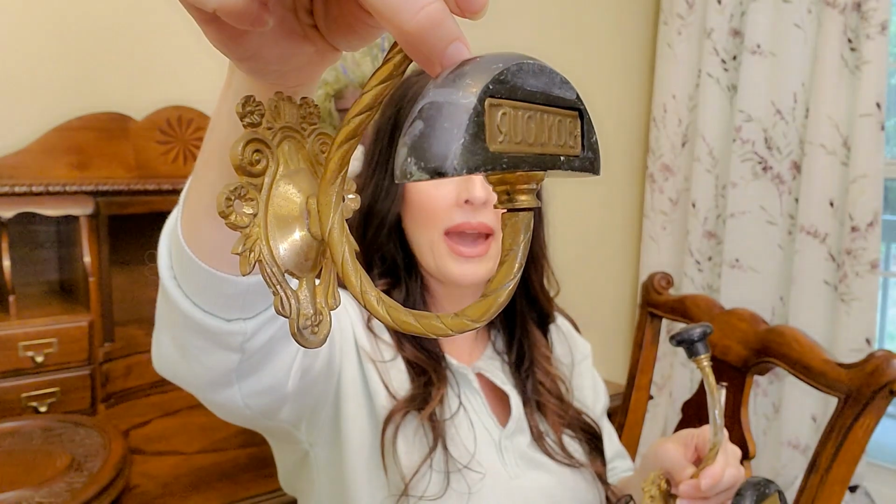And look how pretty the back plate is. And the little knob at the top. I don't know how old these are. I have not looked these up yet. I haven't done that quite yet, but I will. And then this one says, I think it